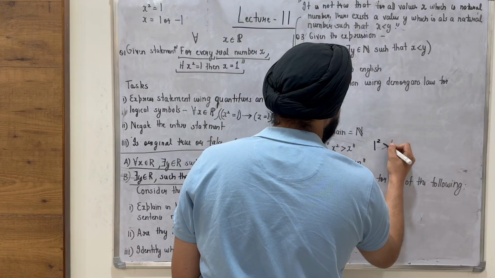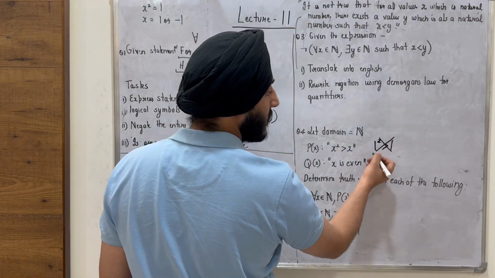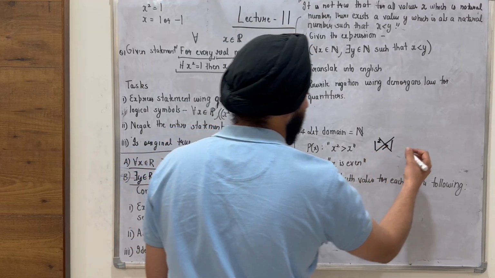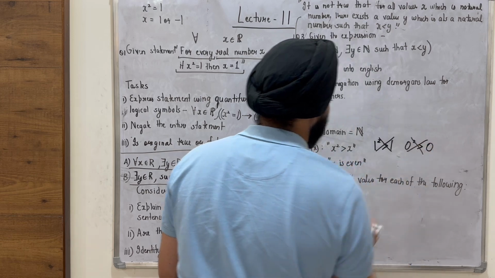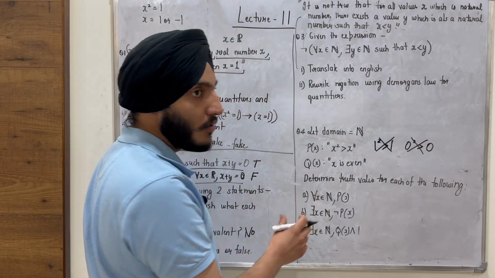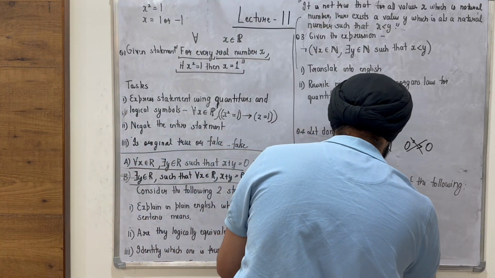Do you think 1 square is greater than 1? This is actually not true, right? 1 is greater than or equal to 1 but not greater than it, right? Same thing with 0: 0 square is not greater than 0, right? So I have two counterexamples to it, which are 1 and 0. So this is actually going to be